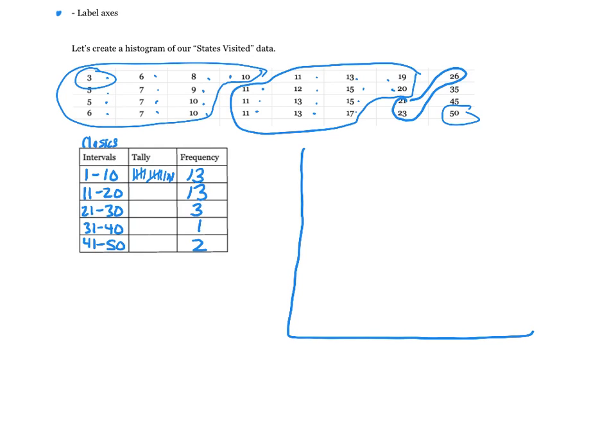So I'd make an X and Y axes. On the X axis, it would be number of states visited. And this is where I'm going to put my 5 groups of 1 to 10, 11 to 20, 21 to 30, 31 to 40, and 41 to 50. Now on the y-axis, this is going to be my people or students. Each of those numbers represents a student